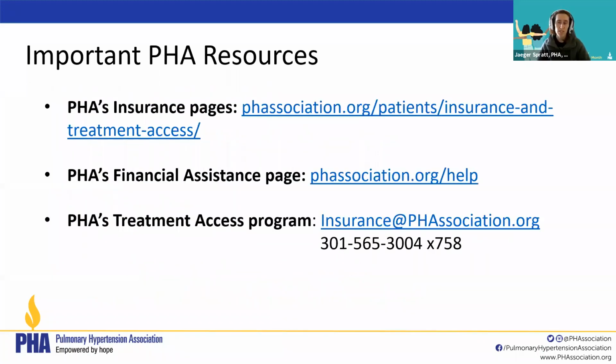And then I also wanted to remind everyone of the great resources that we at PHA have for you. These 3 bullets here are just some good starting points. We really have a wealth of information on insurance topics on our website. So that's the link there to go and check all those resources out. If you're looking for financial assistance, our page there is very comprehensive and it's got a nice easy URL, just phassociation.org/help. We do try to keep that as up to date as possible as we learn of grants opening or closing and try to add new resources to that page when we learn of them. So that tends to be a pretty up-to-date resource for you.